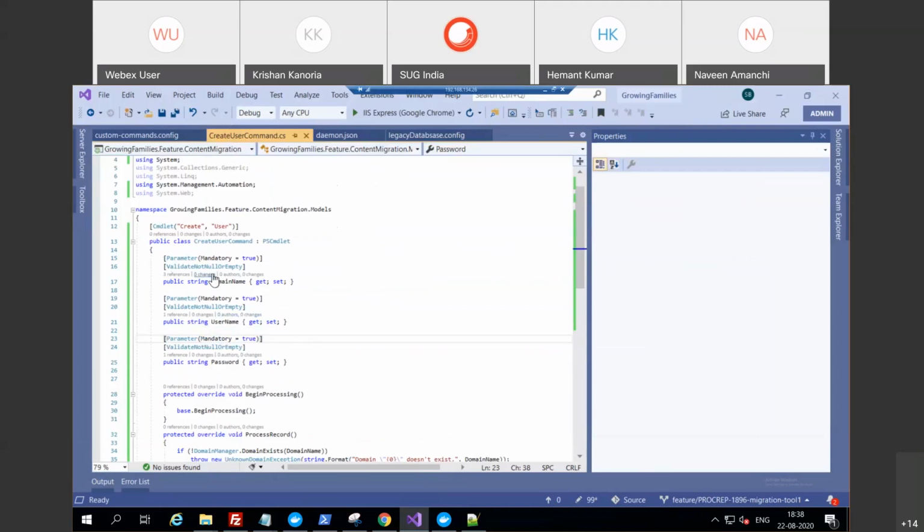When you read the documentation, you will get to know that there are so many parameter attributes available, and you can decorate the properties as well as your class with them. With that, the command will not run unless you provide these parameters. You can also specify the positions of the parameters, and whether they are required or not. You can also specify that they should satisfy some criteria before completion.